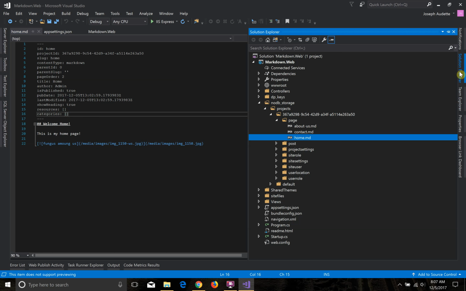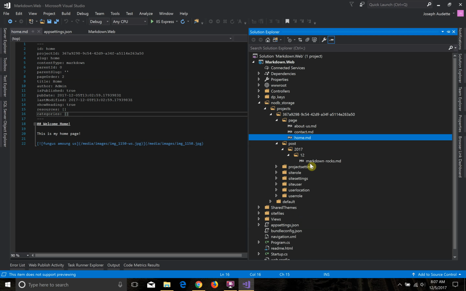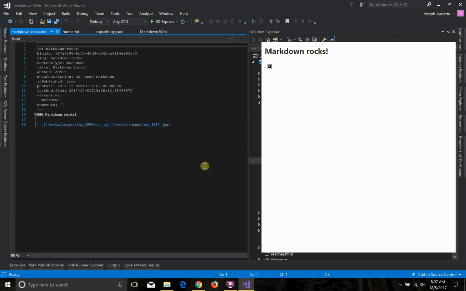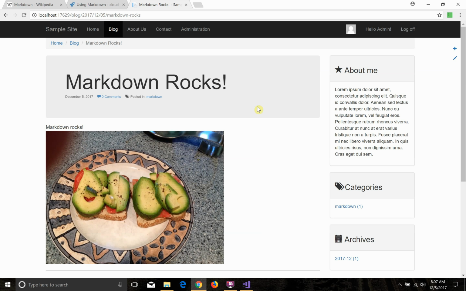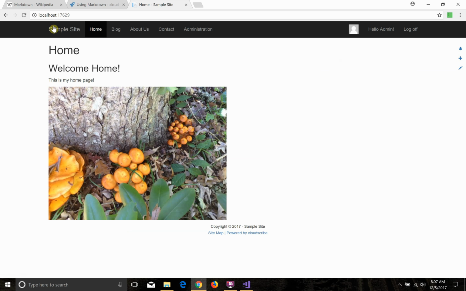And it's the same thing with the blog posts, which are stored in year-month folders. And you can see the metadata at the top. And that's become a convention because Markdown is just a content format. It's become a convention to use YAML at the top of the file for the metadata that's not content. And most of the Markdown tools are aware of that. So there you have it, a very simple site